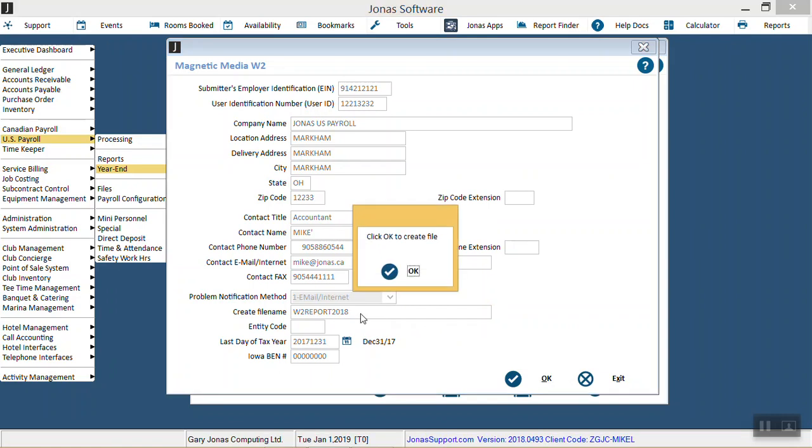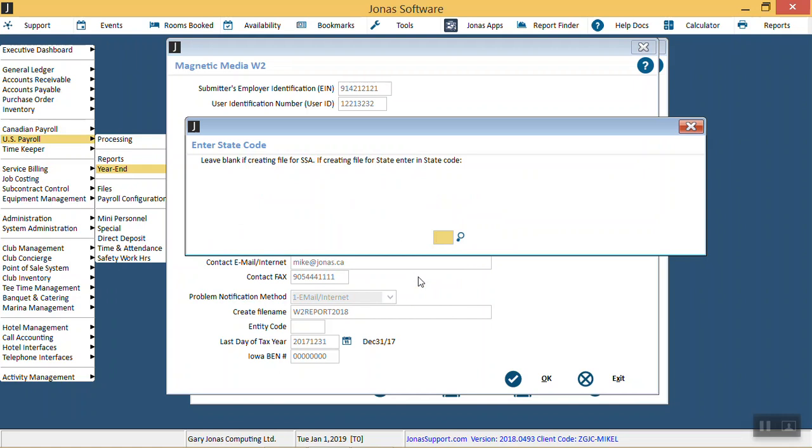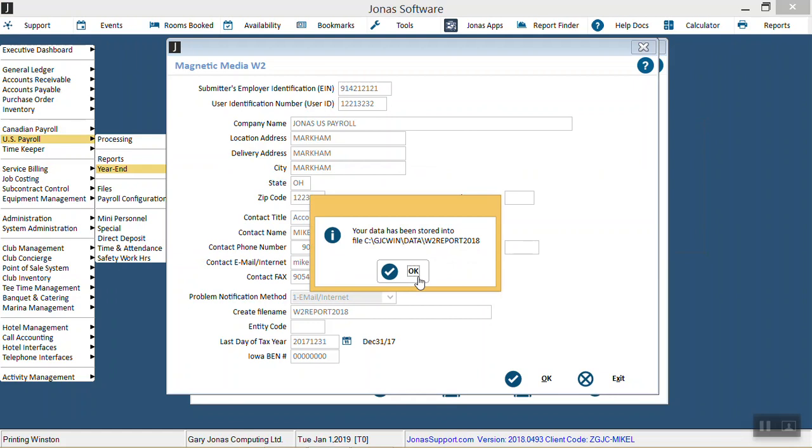As you go through, say OK. If you filled in the screen and you click OK, nothing happens, just go back up to the first field and use the Enter key to go all the way down through it. Then you should get to the point where it says OK to create the file. Then it's going to ask you to enter a state code. If you're creating the file for Social Security, leave this blank because you want everybody in the file. But if you are creating it for the state, especially for multi-state, you would create a separate file for each state. You'd specify each state at this point, and then just those employees working in that state would be included in the file. You hit enter, it tells you it's been stored,